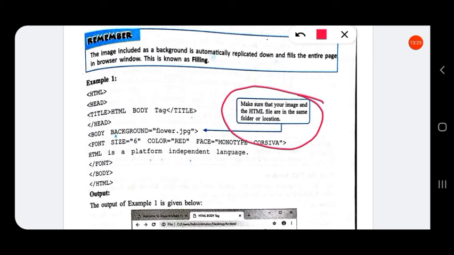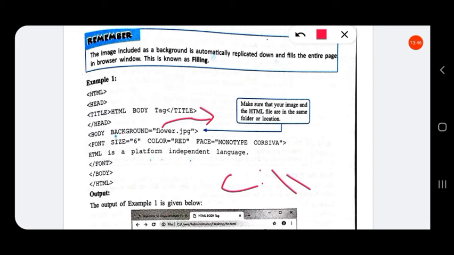If this HTML file and the flower image that we are displaying are in the same folder, then we can directly specify this. If it is in a different location, then we have to specify the path, like C colon, the path of that particular file.